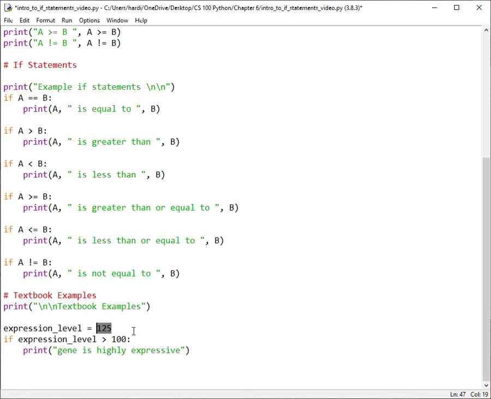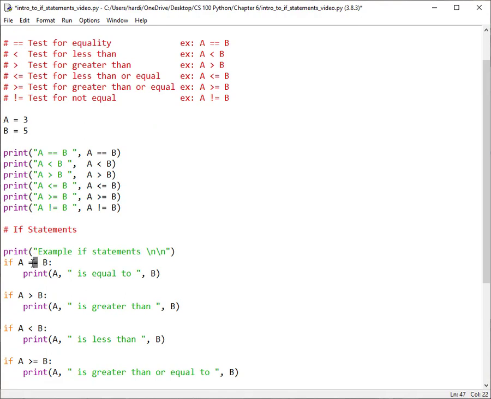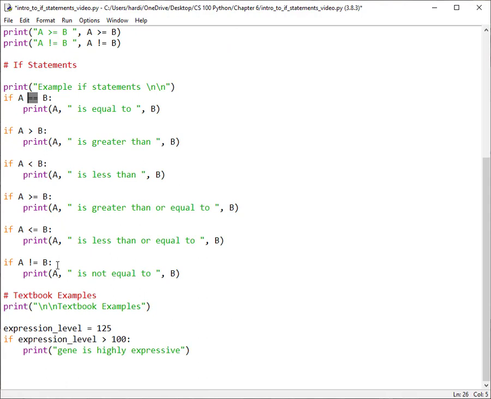Now, one thing I should point out here is this double equal that you need to use when you're comparing two things. That can be very error prone because we're just not accustomed to typing 2 equal signs. When you're comparing two things to see if they are equal, you use 2 equal signs. If you're just using an assignment statement, in this case to set the expression level to 125, then that's 1 equal sign. Now, the if statement is this: if expression_level is greater than 100, don't forget the colon, then